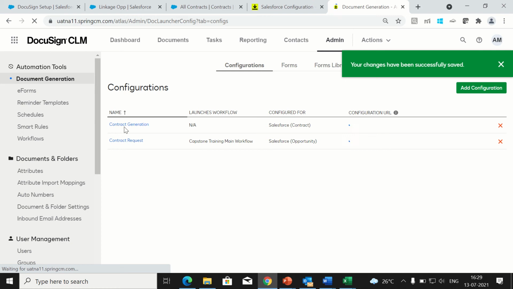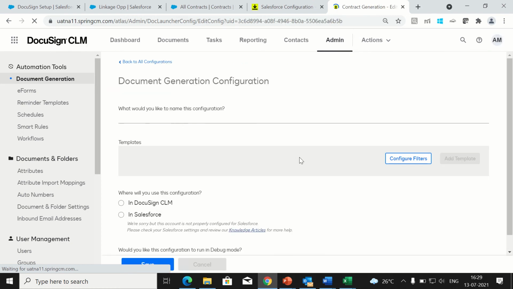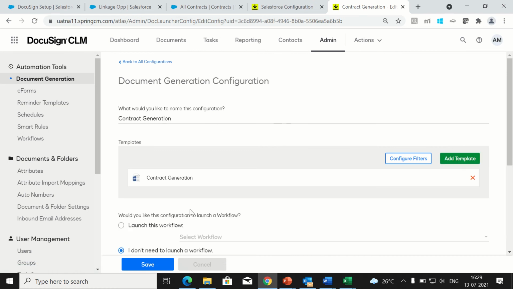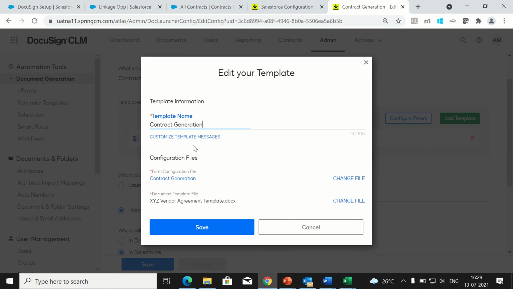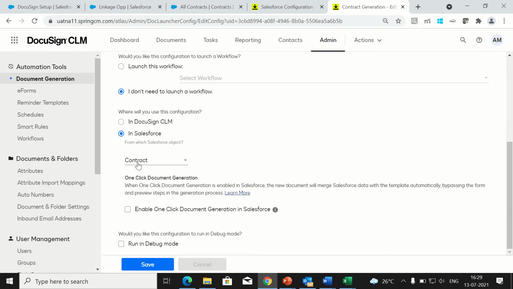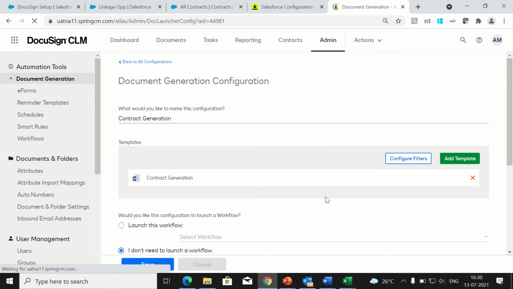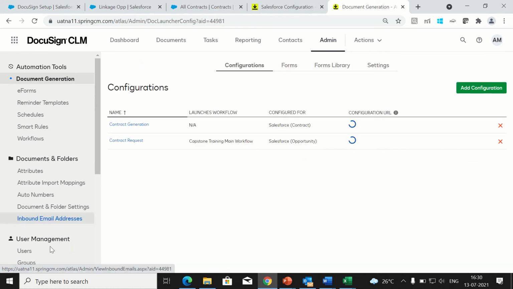And this contract generation is just to be used in the workflow. We are not going to launch it externally, as it is launched from the workflow itself. There will be only one option, the generation form and the generation template, the actual template used to generate the actual document. Here it has been set to be stored in the contract, however it will be reshaped by the structure workflow. Okay, and this is about the configurations being done.